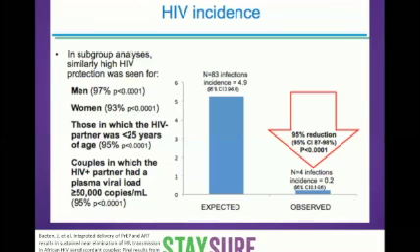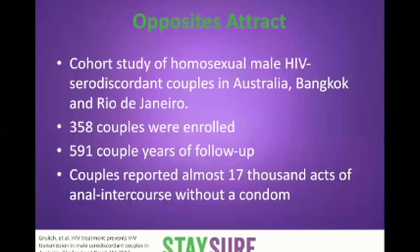Now, who were those 4 people? Those 4 people were individuals who were in serodifferent relationships who either had partners who did not elect to go on therapy, or they themselves did not go on PrEP. So anybody who touched an antiretroviral in the study did not transmit or get HIV. So viral suppression, when you use PrEP in some combination, those two together, in effect, remove the risk of HIV